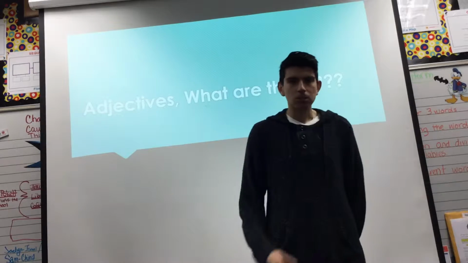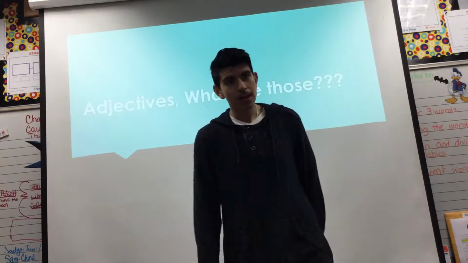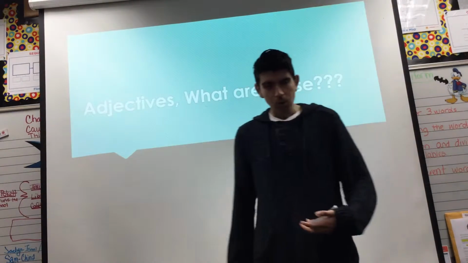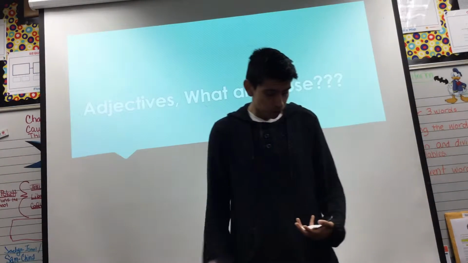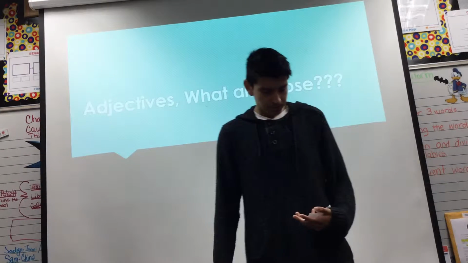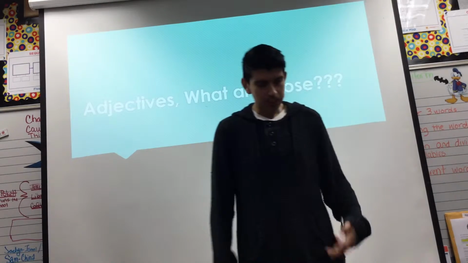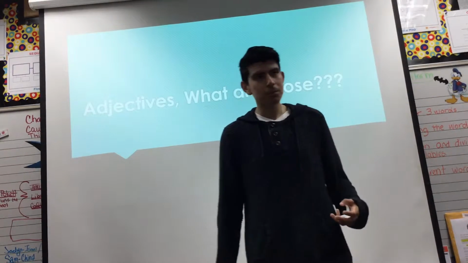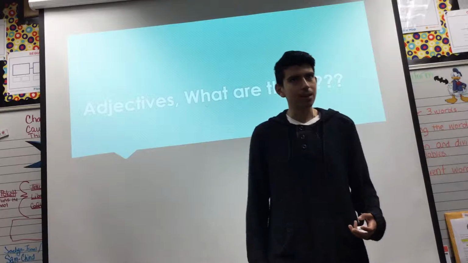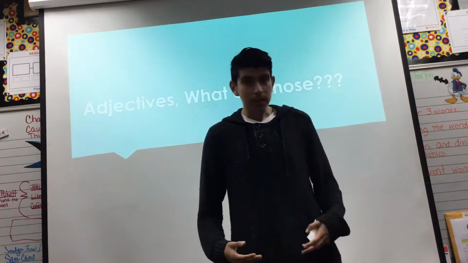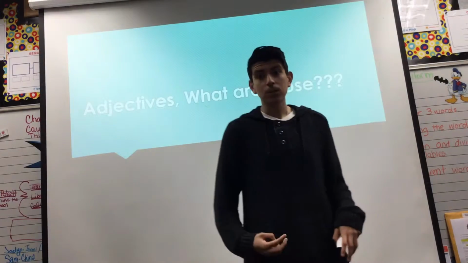So let's talk about adjectives again, back to the concept. Adjectives describe nouns or pronouns, right? Everybody understand that? So the questions to ask are what kinds, which ones, and how many. An example of an adjective is like this. Say if we're describing a trail. You guys all been to trails, right? Trails like Hart Park. So we could say that they're what? They're steep, they're rocky, right?